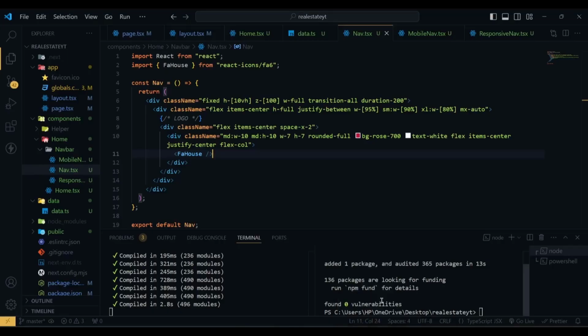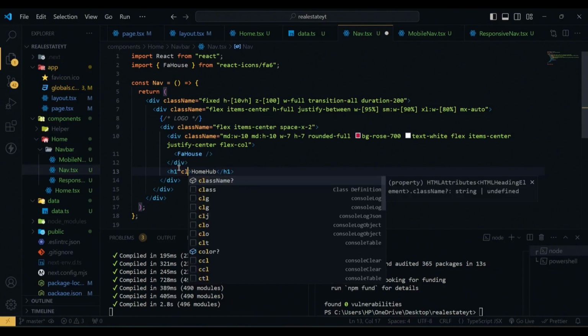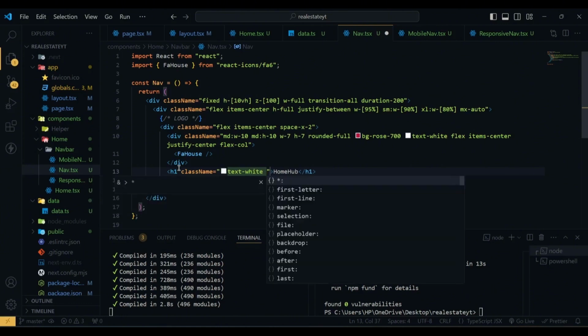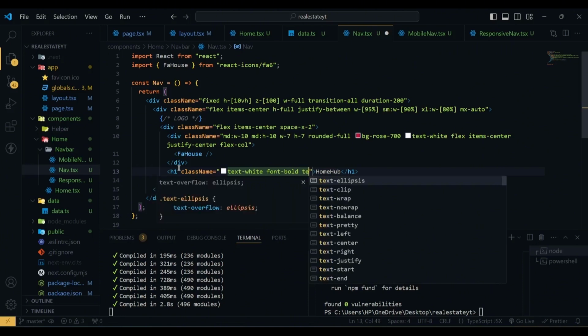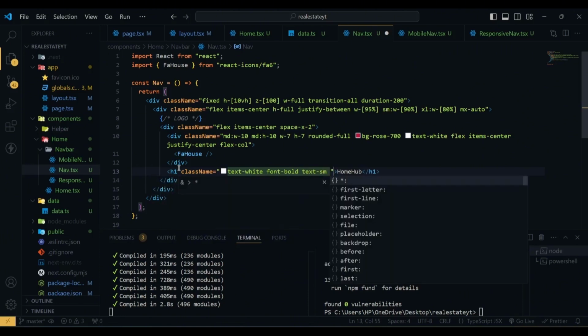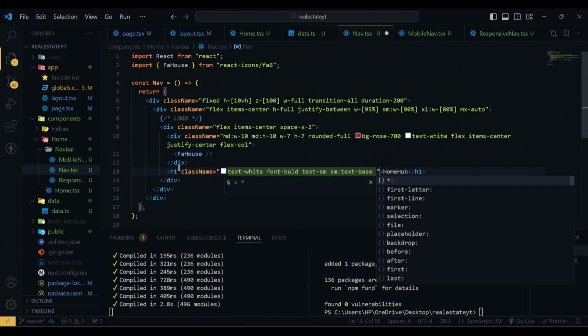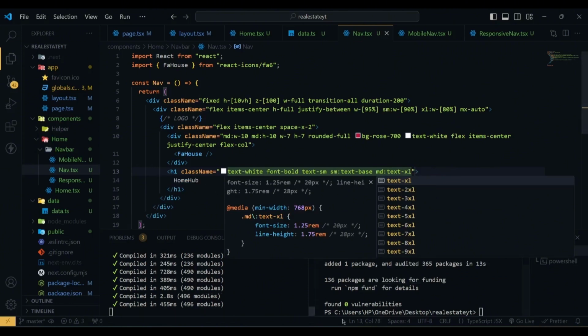now you can see we have our logo, and then after this div we have an h1 with the text Home Hub, and this h1 will have a class name of text white, font will be bold, text small, and in smaller devices text will be base, and in medium screen text will be 16 pixel. Now if I hit save,